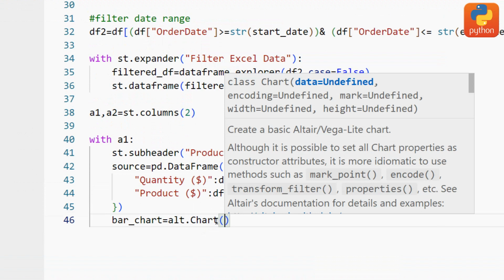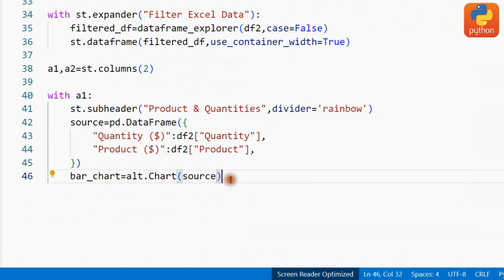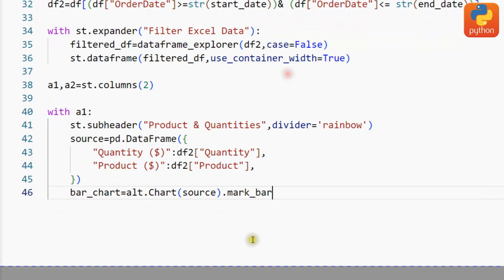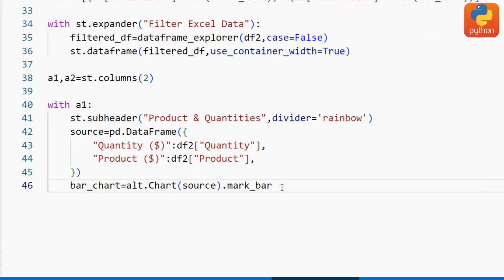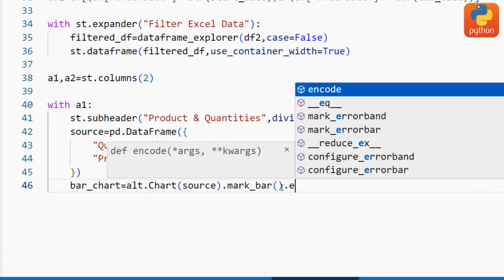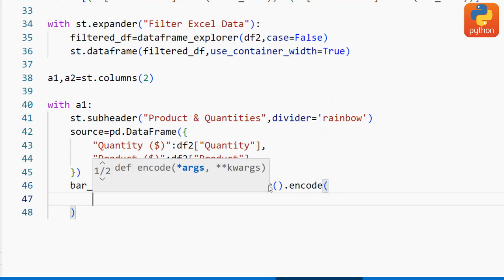And then the data source is source, and dot mark bar. Okay, mark bar is this one, dot mark bar. Then this is a function, dot encode as well. And then encode is a built-in function, open bracket, and inside encoding just write x equal to